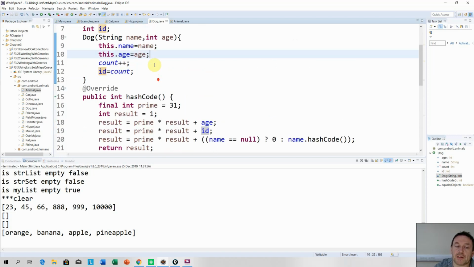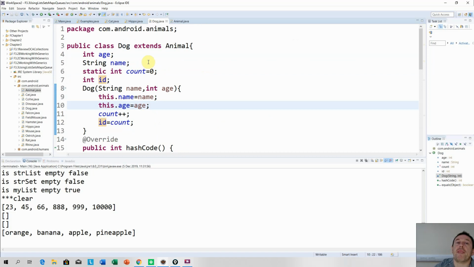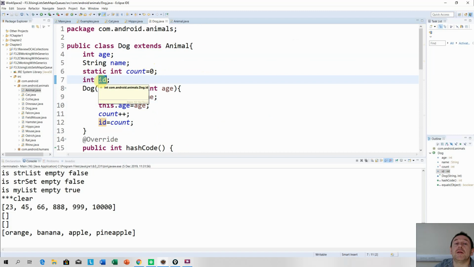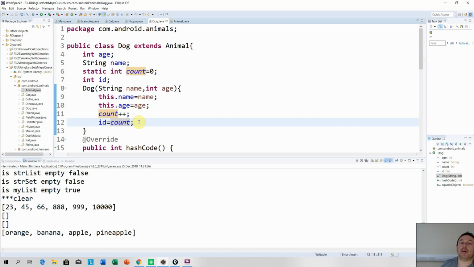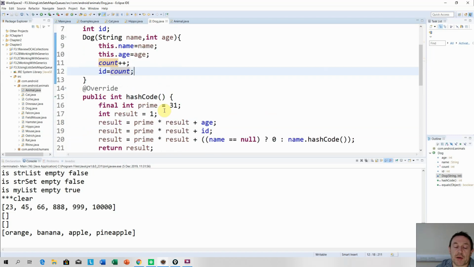Now, every dog is going to have a unique identifier. The unique identifier is this guy, ID. Every time we create a dog, it's going to increment this counter. So the first dog will have an ID of 1, the second dog will have an ID of 2, the third dog will have an ID of 3. Now if we go down here to the equals method,